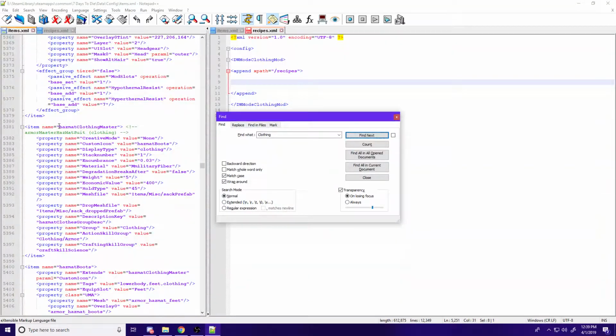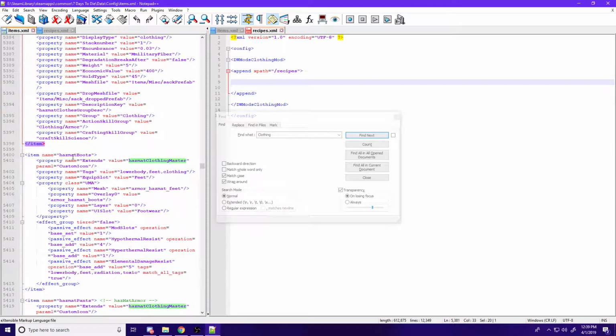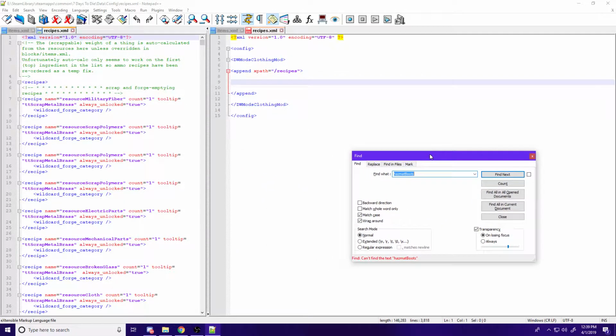However, I don't think we can make hazmat clothing. And to check this, we are going to take hazmat boots. We're going to copy that. We're going to go over to recipes, and we're going to search for it, make sure there's no recipe. See, there is no recipe. So we want to make a recipe for hazmat clothing. So we're going to find that